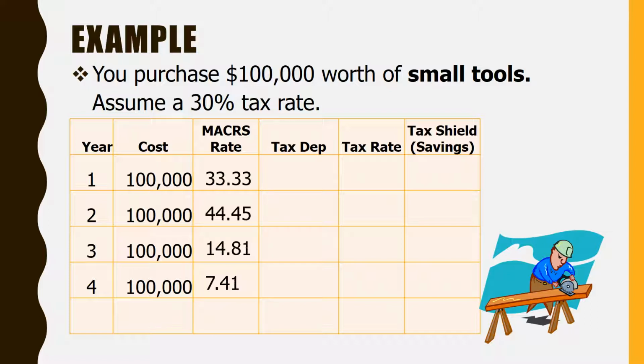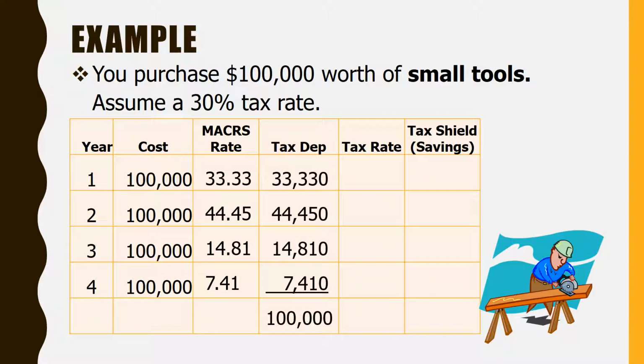We need to get the rate from our tax tables. Those are just given, and you again use exactly the rates they show on the table, remembering that those are percentages. So you take that percentage times the cost. Notice the first year is a little less than the second because in the first year you only get a half year of depreciation. So that second year is always the biggest number, but we just multiply those.